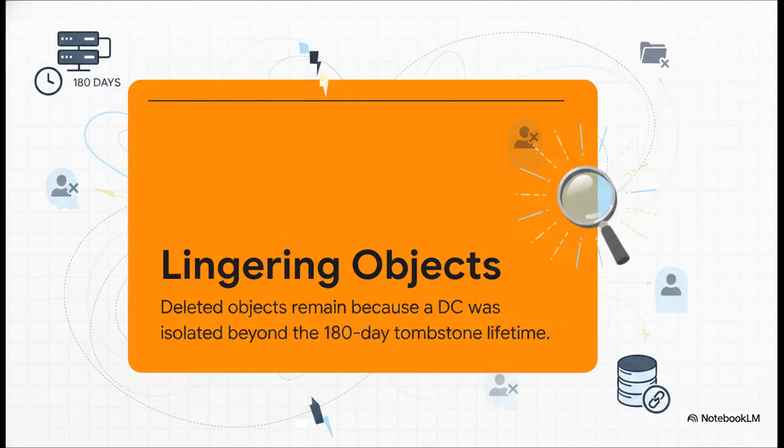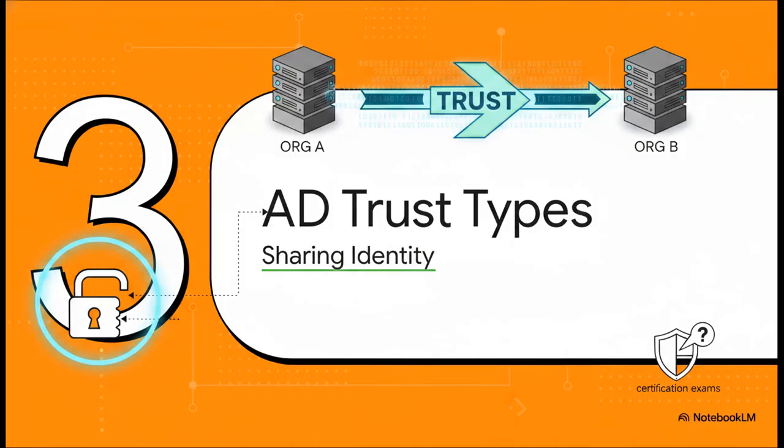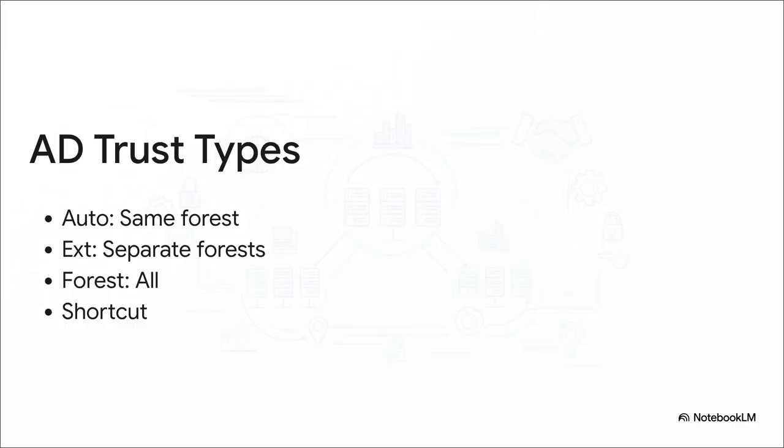These lingering objects cause severe authentication anomalies, and you have to manually hunt them down and clean them up. Section 3. Mastering AD Trust Types. Let's talk about sharing identity. Whenever two completely separate organizations need to share identity, you're going to need a trust, and you will be tested on these four distinctions: